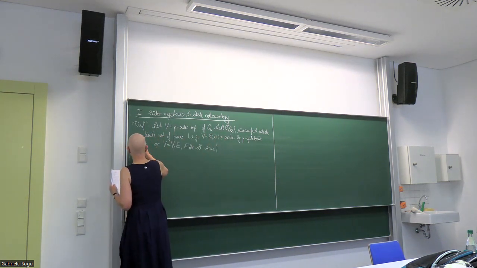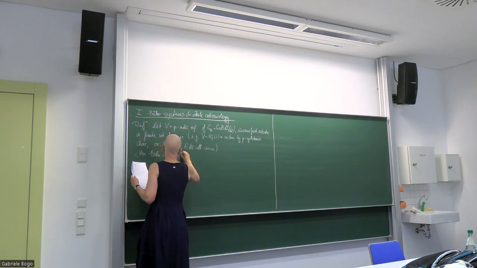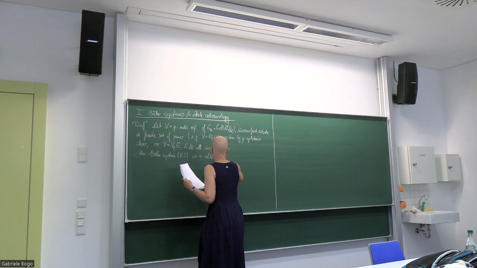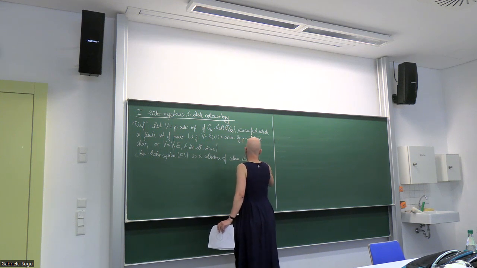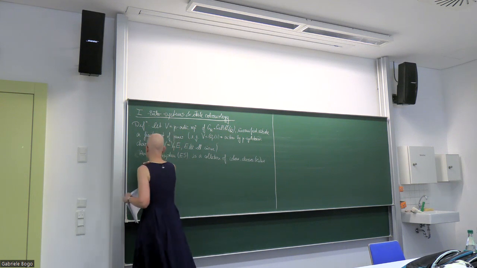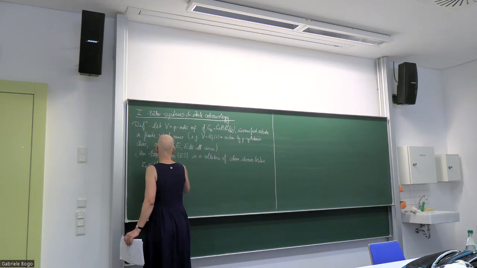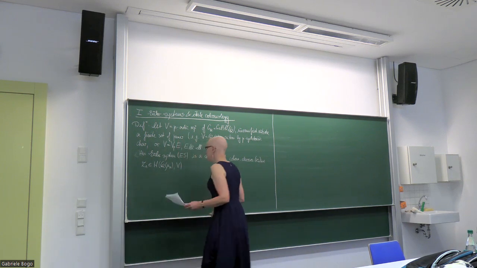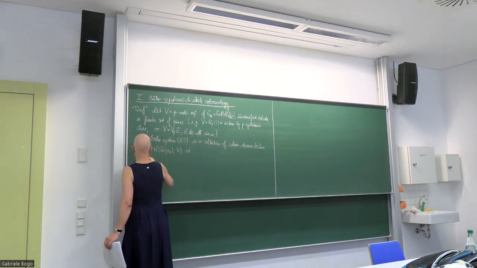So, what's an Euler system? An Euler system, which I will call ES, is a collection of cohomology classes indexed by the positive integers. So there's a class z_n which lives in the first Galois cohomology, not of the absolute Galois group of Q, but of the absolute Galois group of the n-th cyclotomic field of Q, with values in V. We assume that these satisfy two conditions. Firstly, that the classes are bounded,